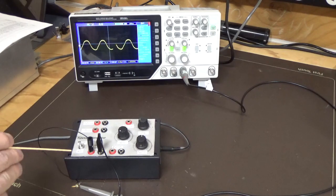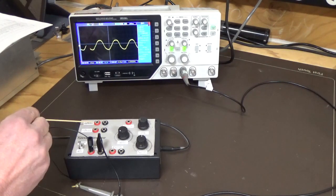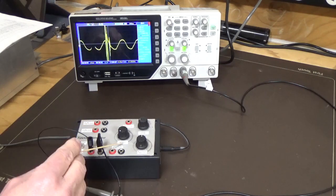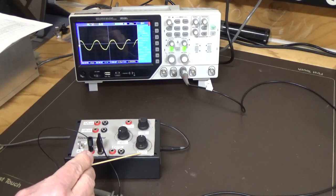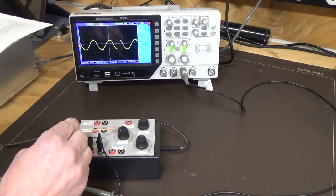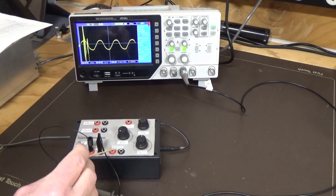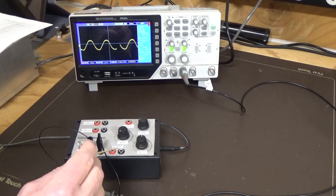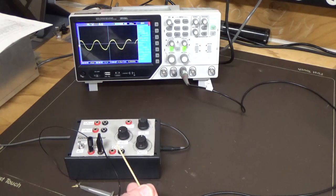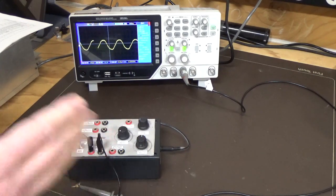This has a bit of a different setup. You've got a switch here for your triangle sine wave output. Square wave outputs are up here. You have frequency adjustment, you have amplitude adjustment, you also have frequency range, and you have frequency sweep input if you were wanting to put a sweep in there, and you have amplitude modulation which you can put in as well. Now we won't be using the amplitude modulation, we won't be looking at the frequency sweep input. I just want to see how it